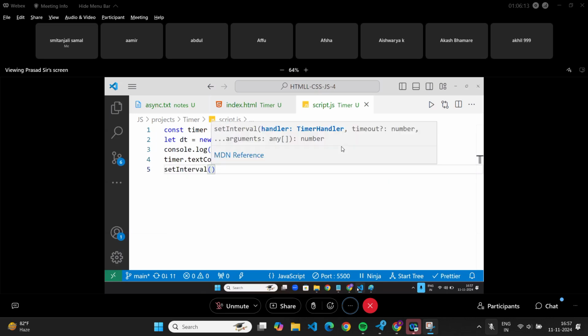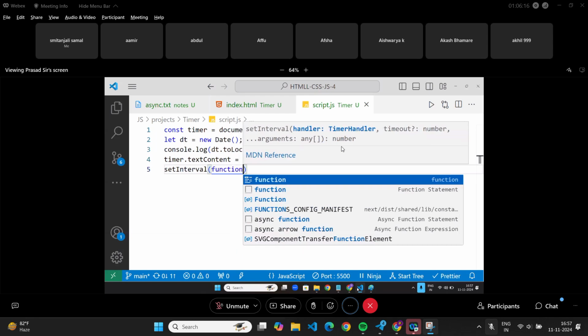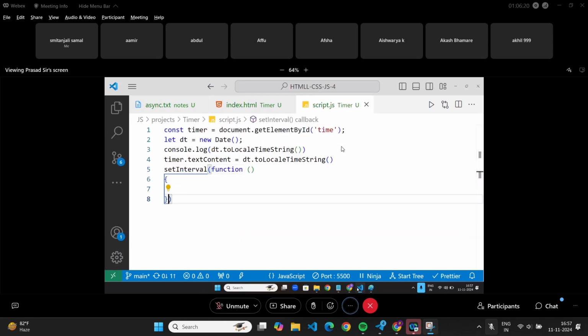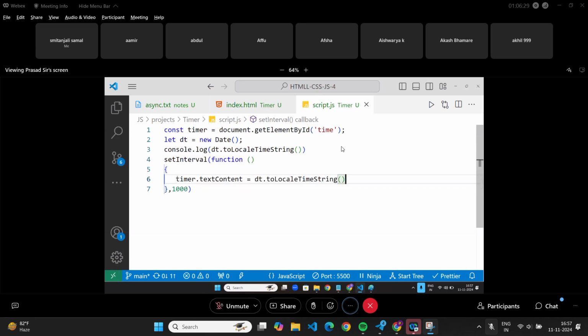Inside the interval, I will put one function, and here 1000, and let's run this. For every 1 second, it will calculate and keep it. Now go here and see.